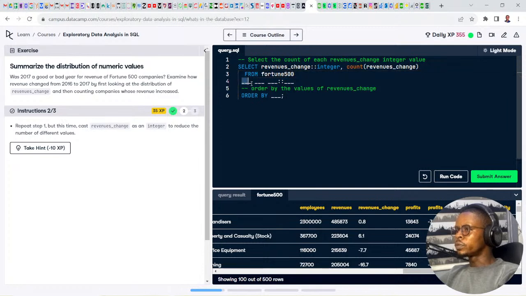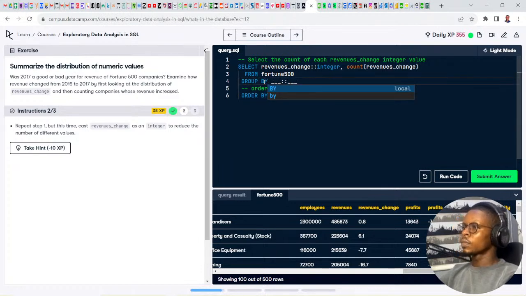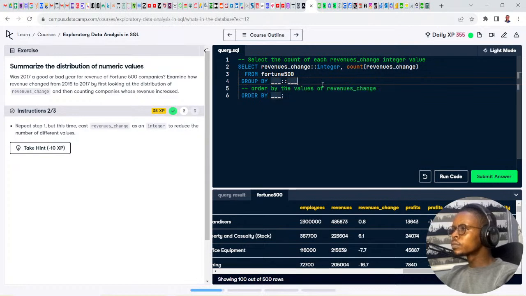But this time around, group by this, then order by values of revenue change.